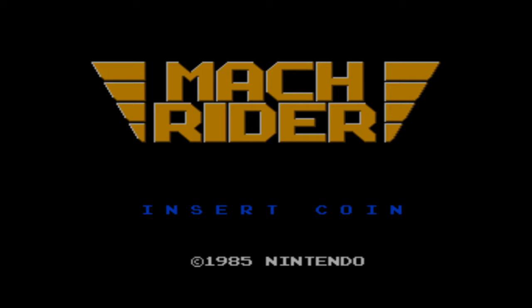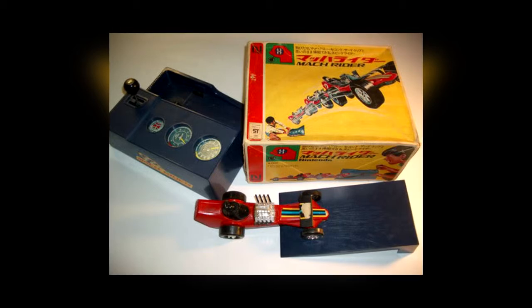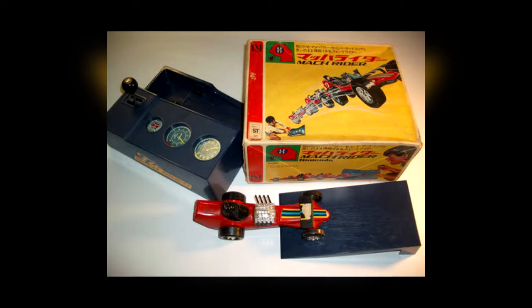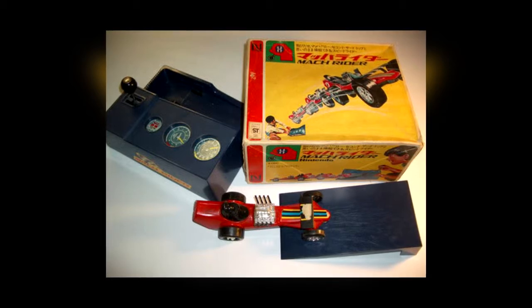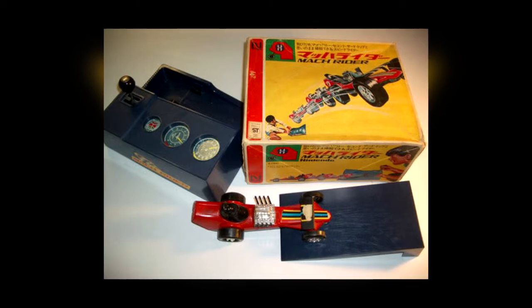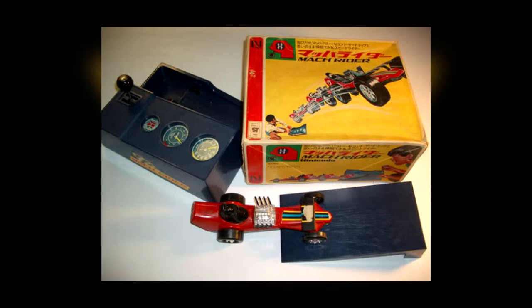Mach Rider was initially created by Nintendo all the way back in 1972, and Mach Rider's original incarnation was in the form of a hot rod toy. This would have been a while before Nintendo entered the video game industry, back when they were still creating toys. Mach Rider was originally released as a children's toy. It had a little ramp that you can make Mach Rider jump off of,